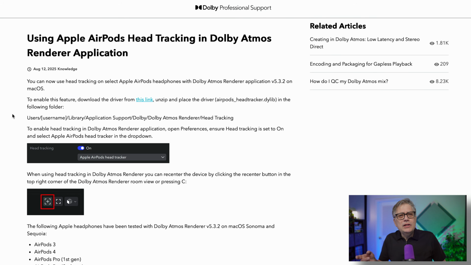The news that the Dolby Atmos renderer now supports Apple AirPods for head tracking came in a support article on the professional support pages by Dolby. I'm going to leave a link to that support article in the description below, and that support article describes pretty much everything that you need to know, where to download all the things that you need, and how to set